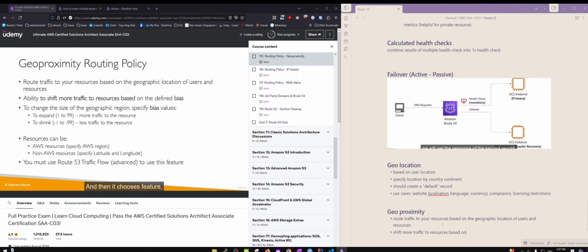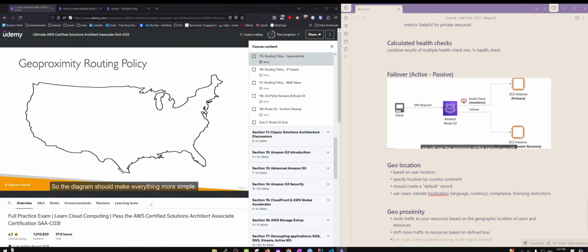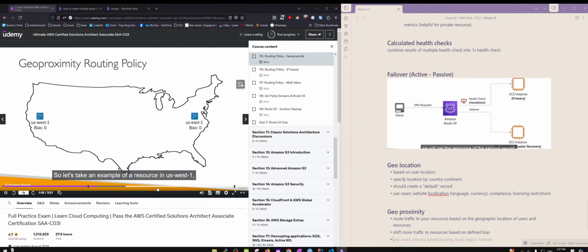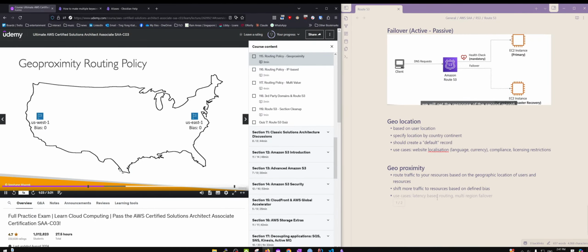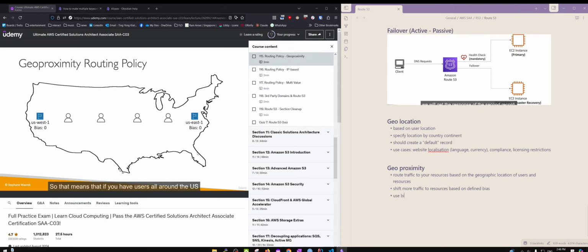And then to use this feature, you need to use the advanced Route 53 traffic flow to be able to leverage the bias. So a diagram should make everything more simple. And to me, this is what you should remember. So let's take an example of a resource in US West 1 and one resource in US East 1. And the bias is set to 0 in both regions. So that means that if you have users all around the US trying to access these resources,